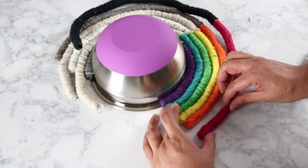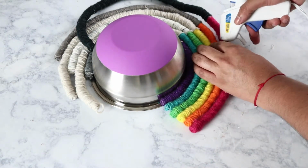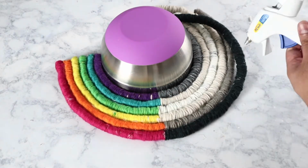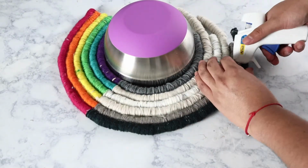Now, in other tutorials, I've seen that this is pretty much it. If they're doing the tassels, they do the tassels and they just hang it. For mine, I wasn't really liking the way that the space was looking in between each rope, so I'm gonna get a little bit more